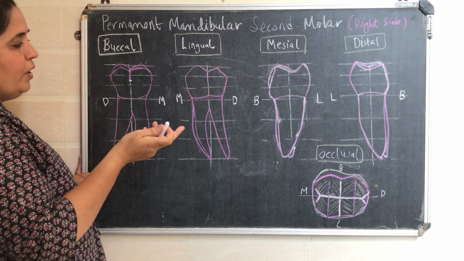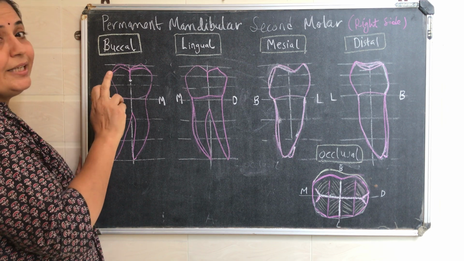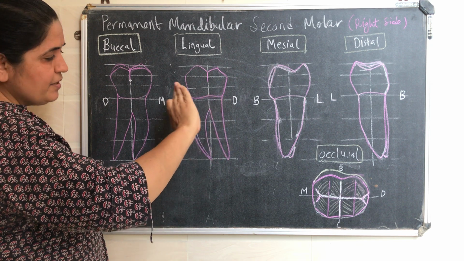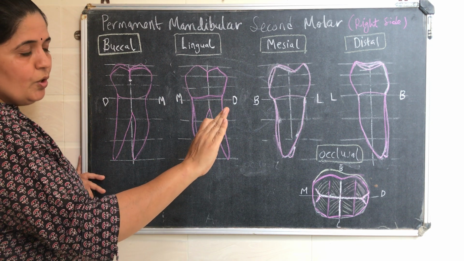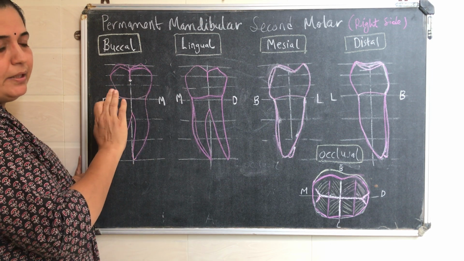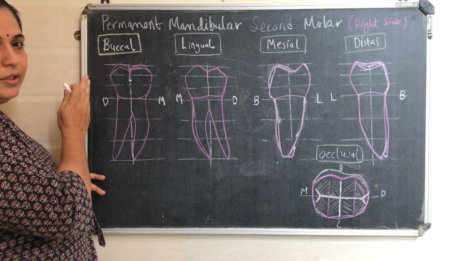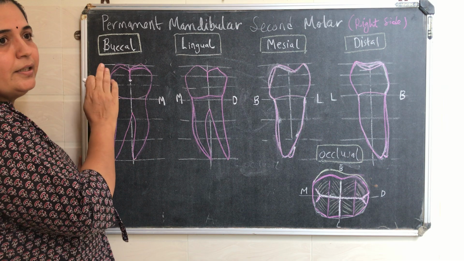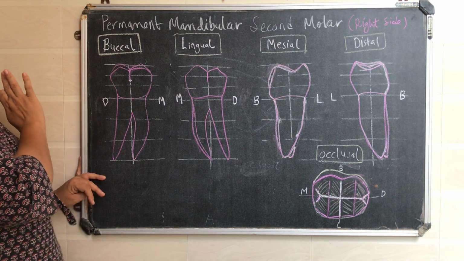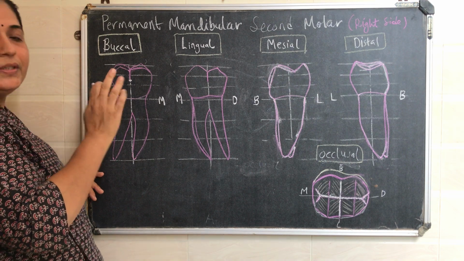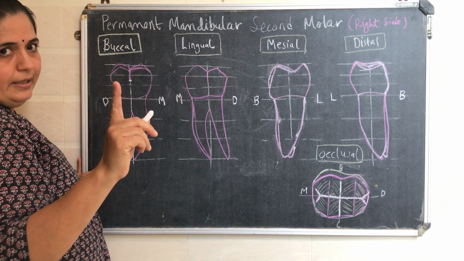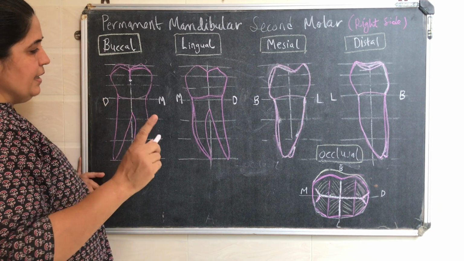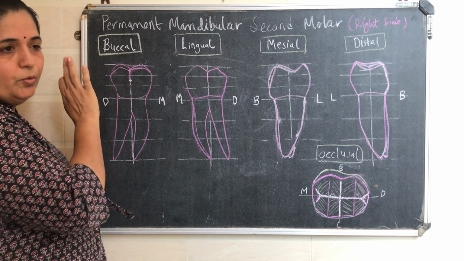Remember, in first molar, from buccal aspect, you can see two grooves. One on the mesial side, that is mesiobuccal developmental groove, separating the mesiobuccal cusp and the distobuccal cusp, and another on the distal side, that is distobuccal developmental groove, separating the distobuccal cusp and the distal cusp. Here in case of second molar, only one groove is seen as there is no distal cusp, that is the buccal developmental groove.